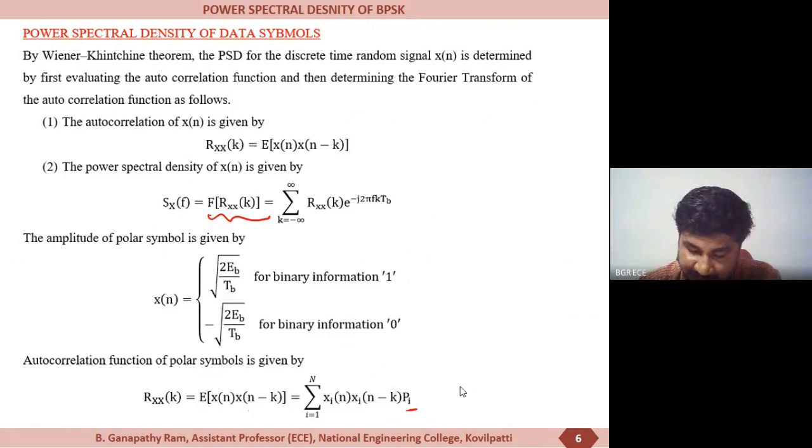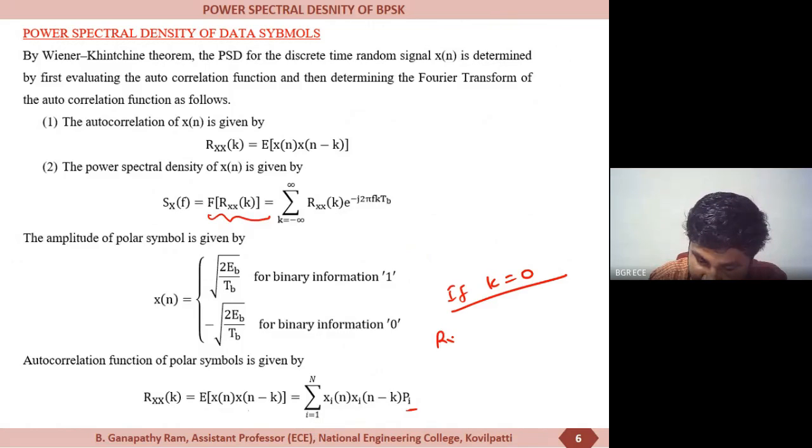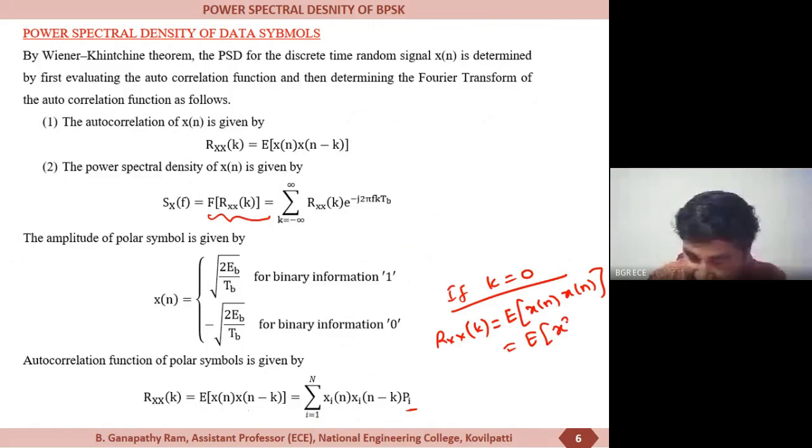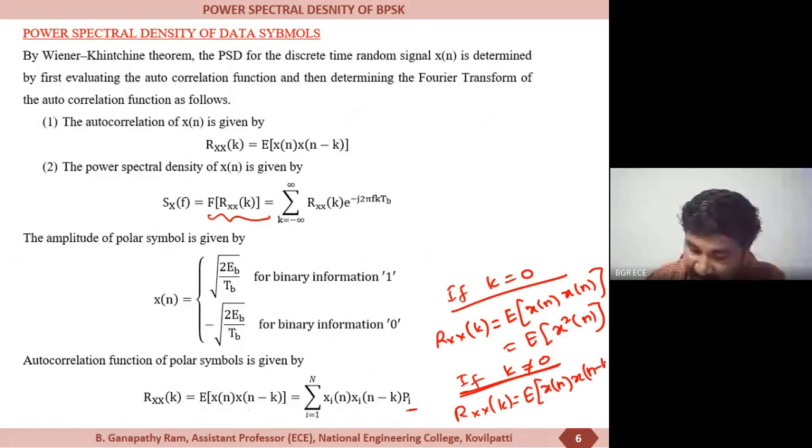Let us have two different values. That is, if k is equal to 0, this function Rxx of k will become the expectation of x of n into x of n, which is nothing but the expectation of x square of n, which represents the mean square value of this random function. If k is not equal to 0, then Rxx of k is represented by x of n into x of n minus k. That means